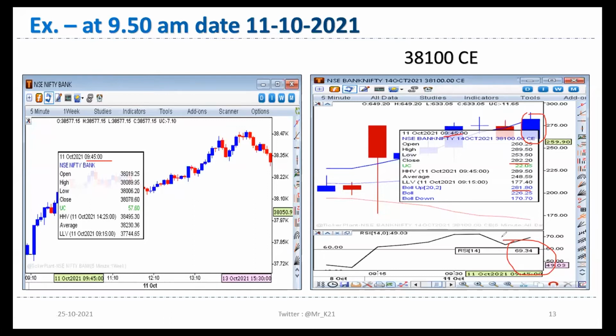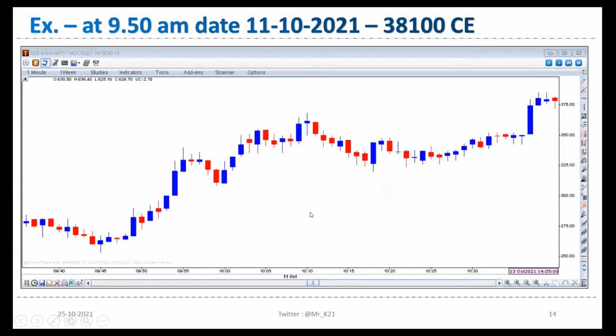Clear? Okay. Now let's move ahead. Here I have opened the 1 minute chart. You can see my 9:45 candle started and my 9:50 candle ended. This is my buying price: buy above 289.50. My signal candle low is 258.50. Clear? As soon as my system gets these values, AlgoBulls will fire the SL order